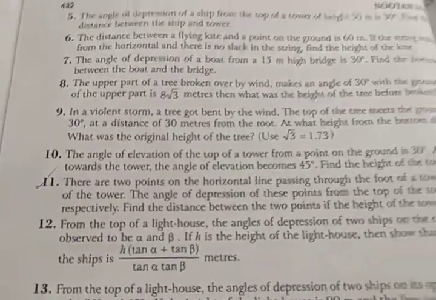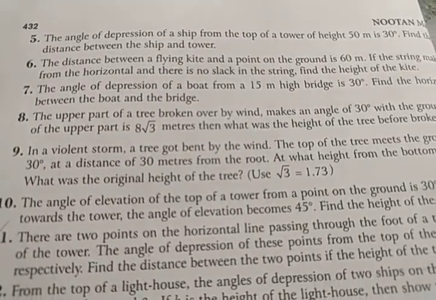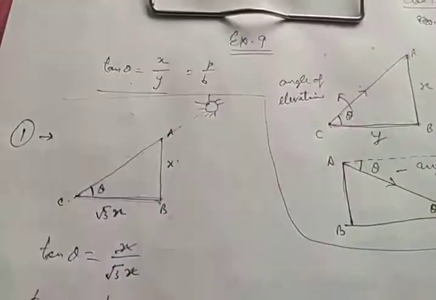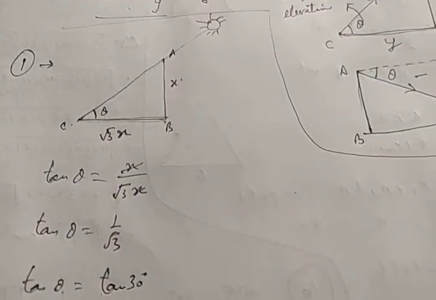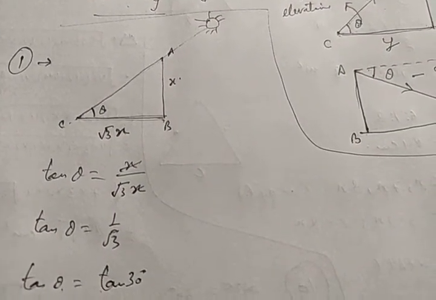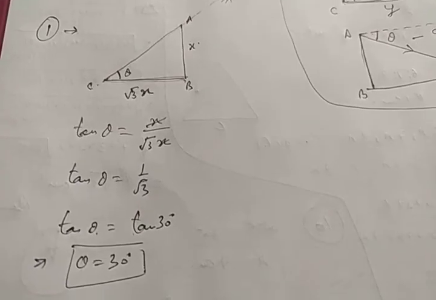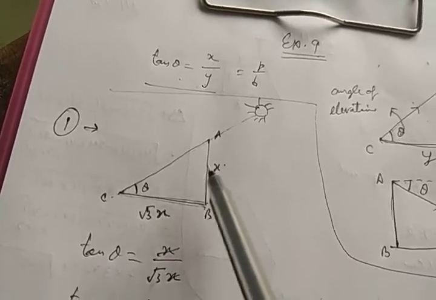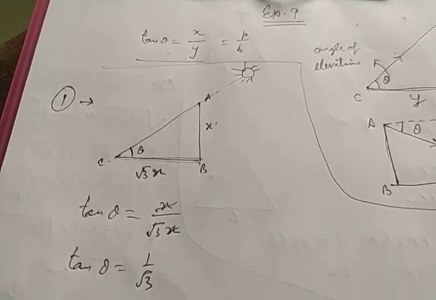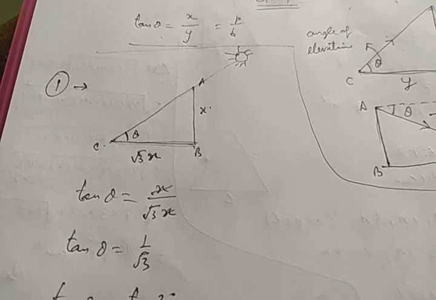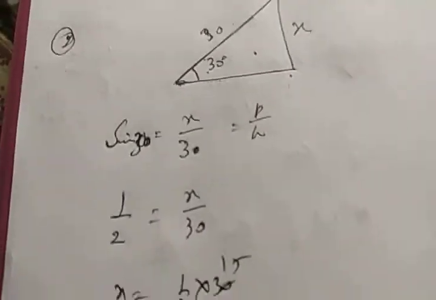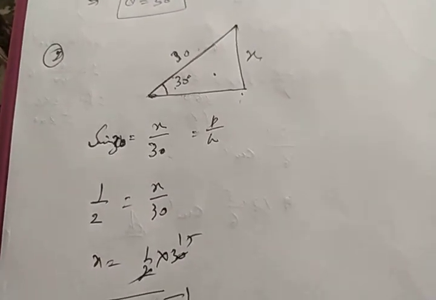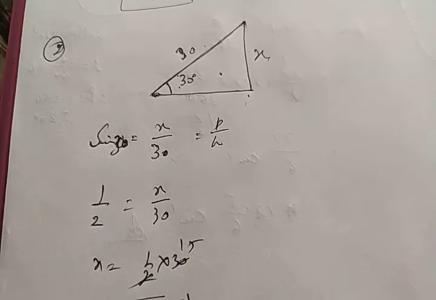This is the basic concept of the chapter. I think the chapter questions up to question number 10 are similar. The diagram will be like this. In some cases there would be a building, a tree, or a person standing here, whatever the case, you will simply apply the formula. Simply tan theta is the basic formula. I think it will be used in 90% of the questions, and at some places like question number 2, sin theta or cos theta may also be used.